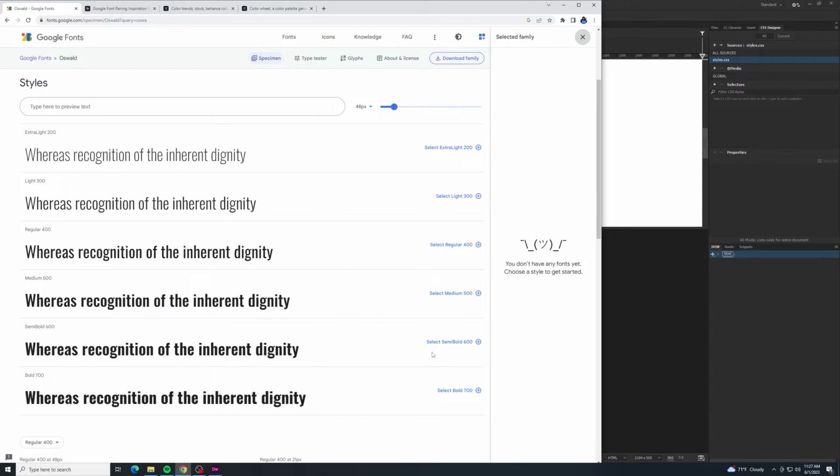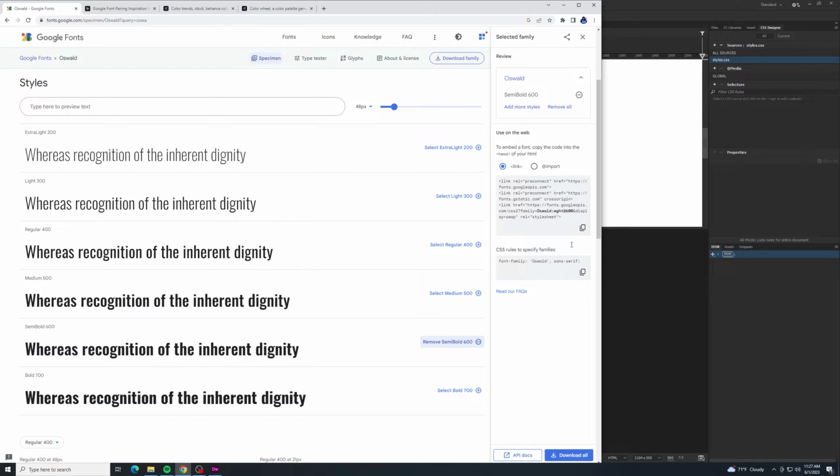So let me click here where it says select semi-bold 600 and I click a plus, and here we have all sorts of information in here that it's giving us, and it's going to remember it for us. That's pretty awesome. I'm going to go back up here to Google Fonts,